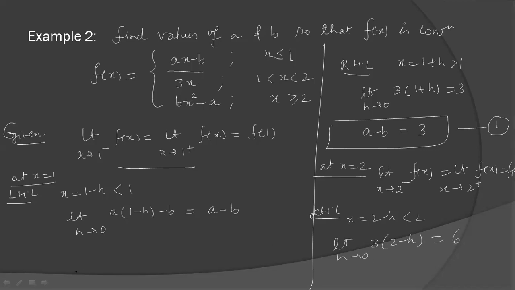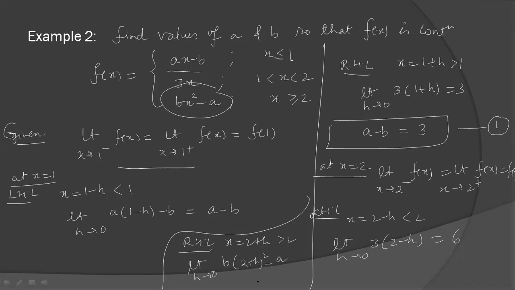And if you see the right hand limit at x equal to 2, RHL at x equal to 2, it will be 2 plus h, greater than 2. So limit h tending to 0, greater than 2 means the function will be bx square minus a, that is b times 2 plus h whole square minus a. So if you put h equal to 0, it will be 4b minus a. Now equate both, LHL equal to RHL, and you will get the second equation,